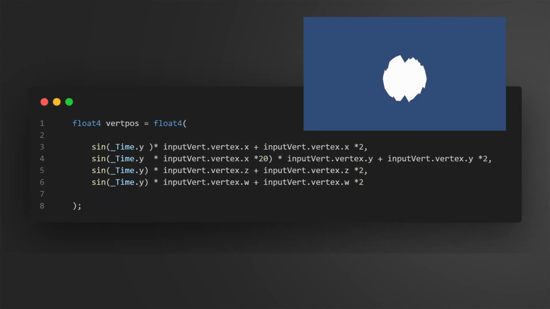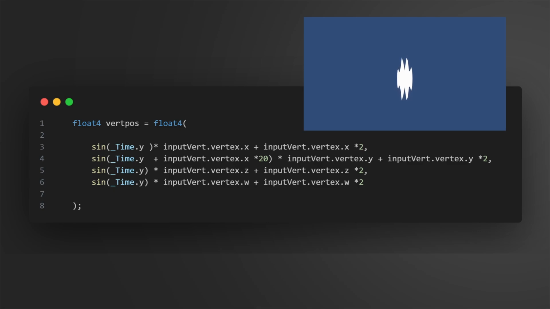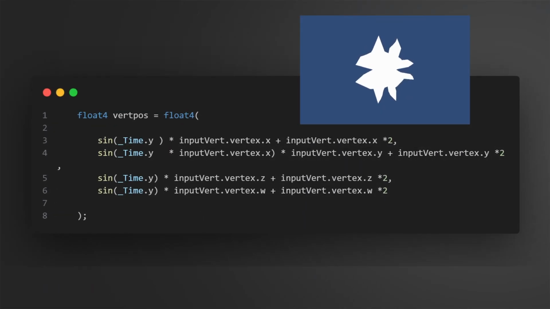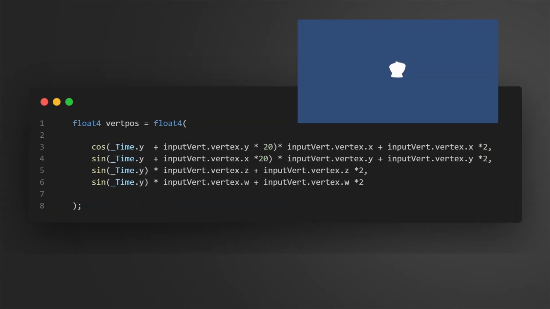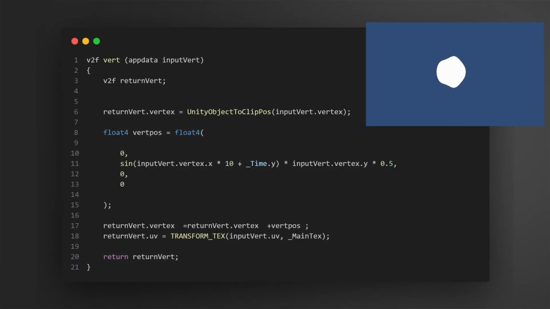Here I just multiplied the sine by the original input vertex x position. In this one you can really see the sine wave. I think this is a great example for why I wanted to try writing shaders on my own. Now this code is ultimately what I ended up with to achieve the original shader image that I had in